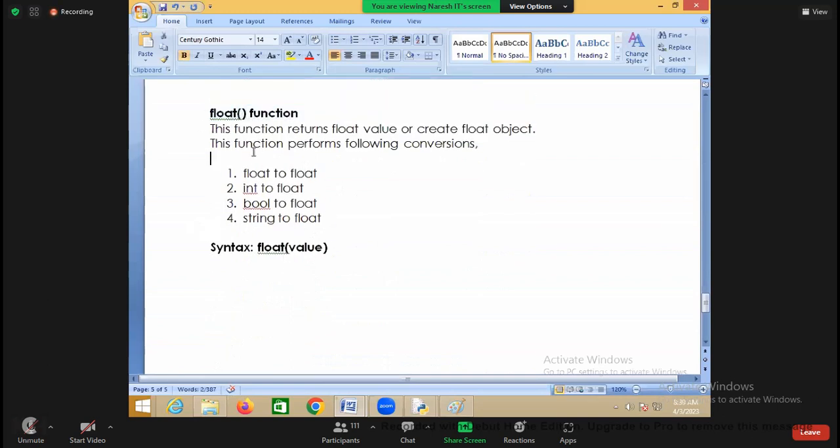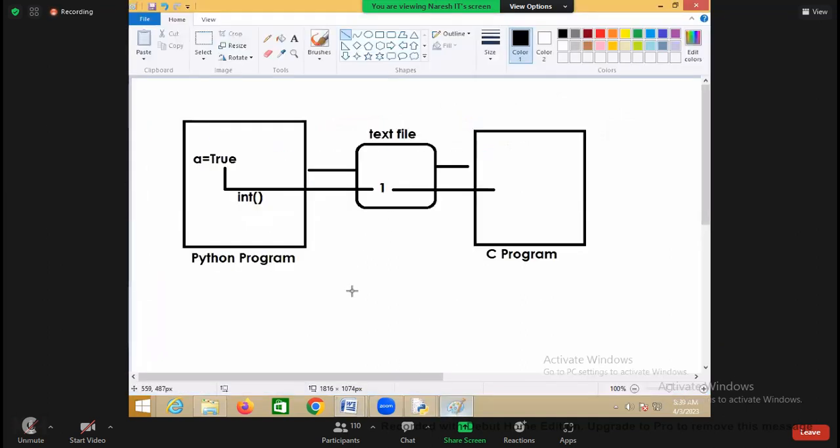Right? Anyway, float function is there. This function returns which value? Float value. Or create which object? Float object, right? So here value can be,